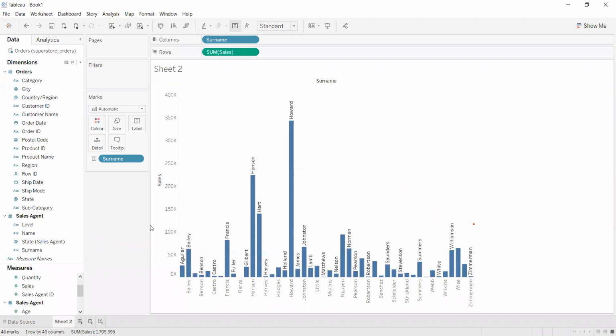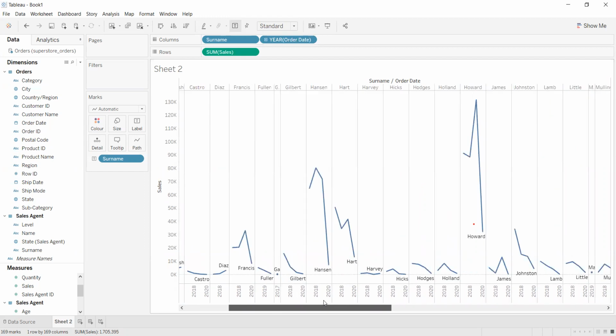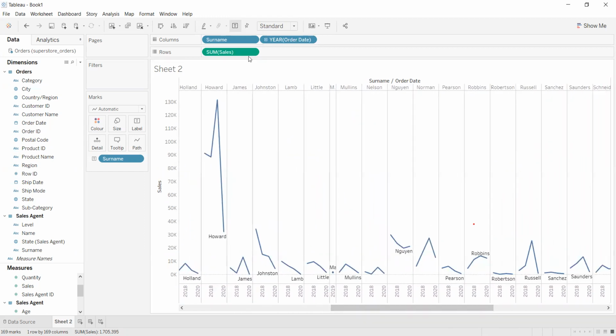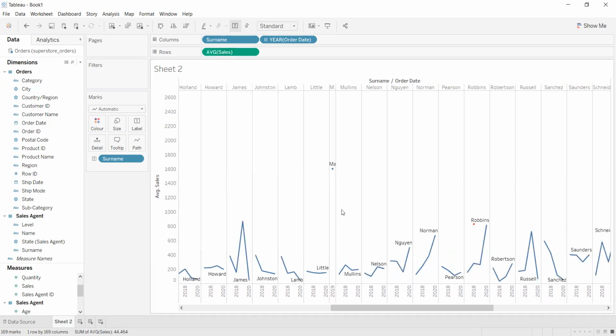You also need to look at the time frame, right? So is there an order date there? Yeah, there's an order date there, right? So if we see, it is from when to when now? You see the Howard. So this is Howard. So this is in terms of the total sales. But when I switch it to average,